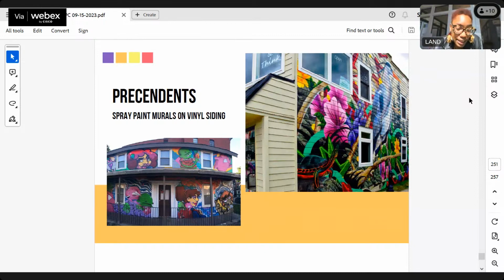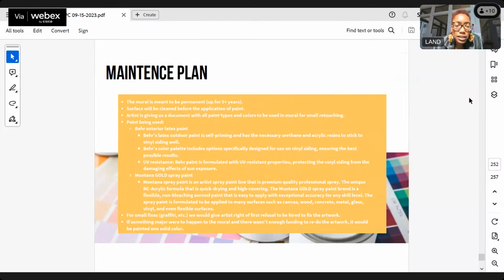And on the next slide, we've included, and Aaron could probably speak to this a little bit better than I could, a maintenance plan regarding the type of paint that he used. We consulted with him about the longevity of the mural. So it should last 5+ years. There are things to do beforehand to make sure that it stays looking nice, including